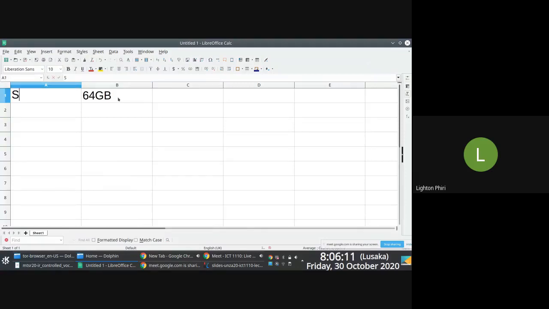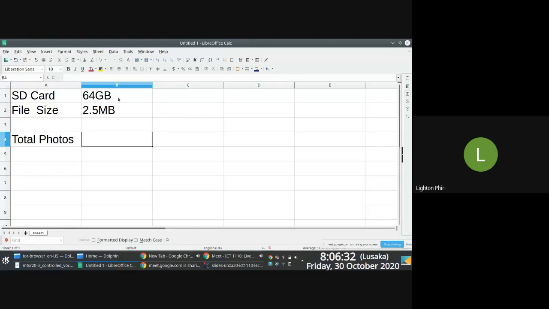and the average photo that they're taking is, let's say, 2.5 megabytes, what you immediately realize here is that the total number of photos that person can actually store on that SD card is huge. All I would have to do is just convert the 64 into 1024 here, then divide it by 2.5. So my 64 GB SD card, and of course, SD cards of sizes like 128 GB